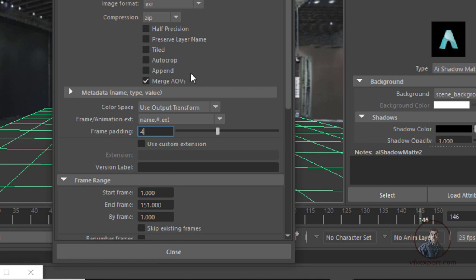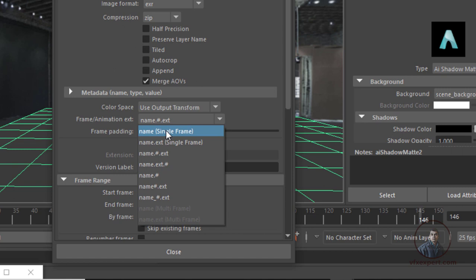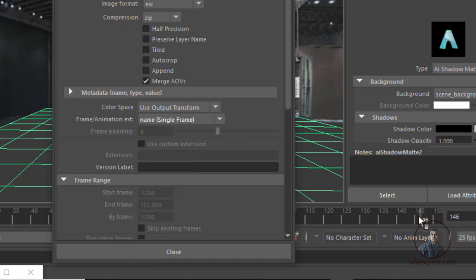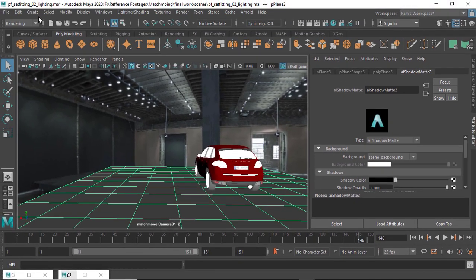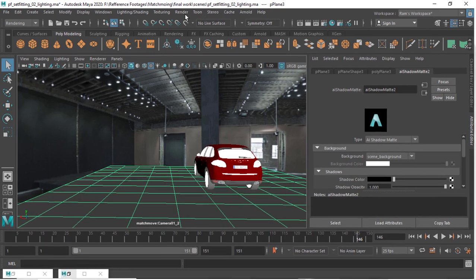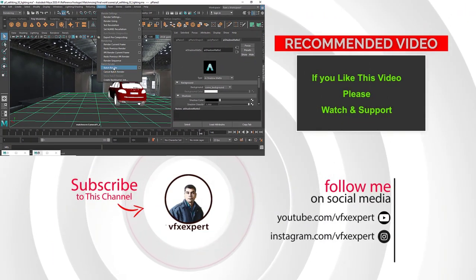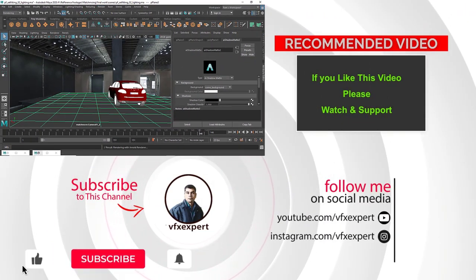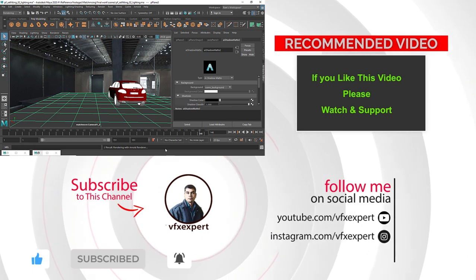If you want you can render all your frames, but here I am going to render only a single frame. For this, click here and click on single frames, which is frame 146. Now close this one. Again, the same option: select rendering, then click on render. After this click on batch render. Now it will generate a single multi-pass layer, meaning all passes will be in a single layer.